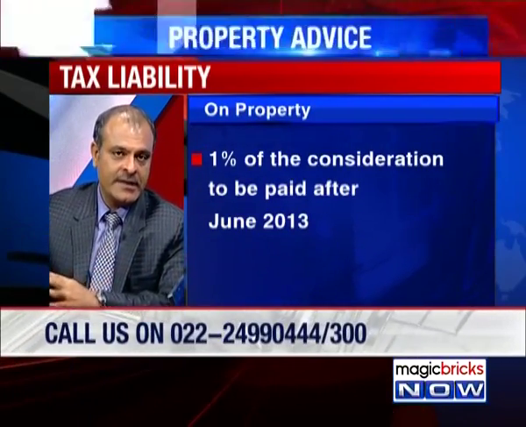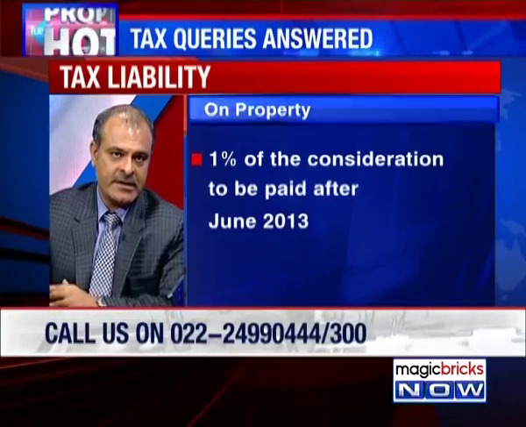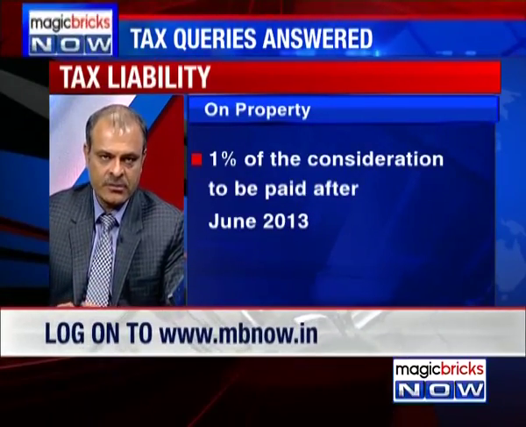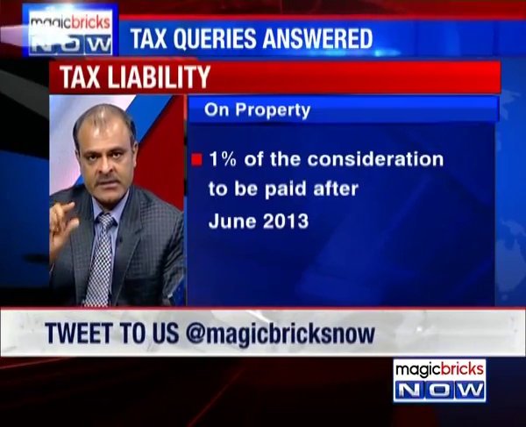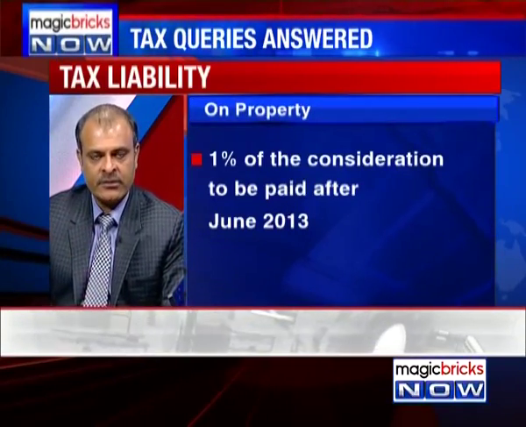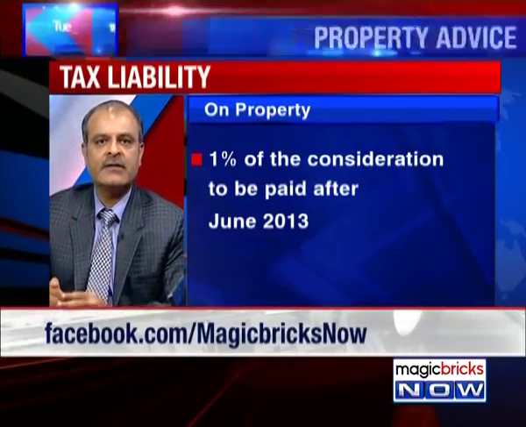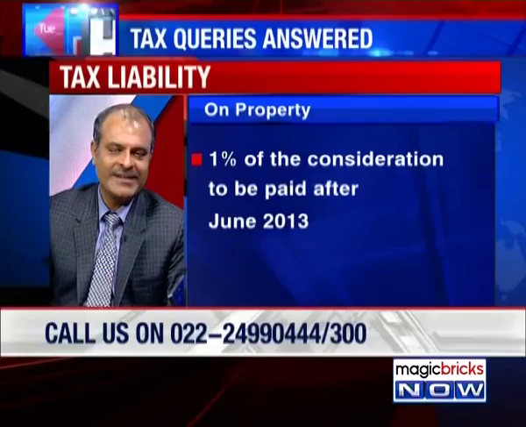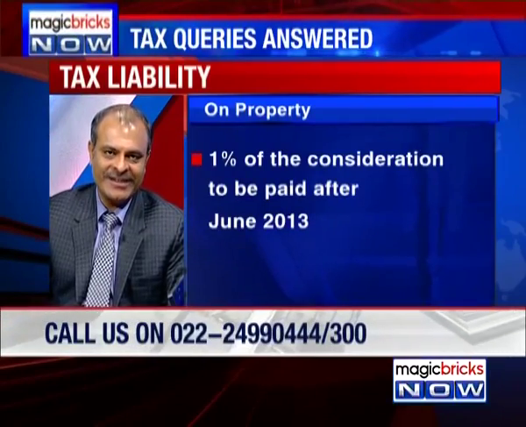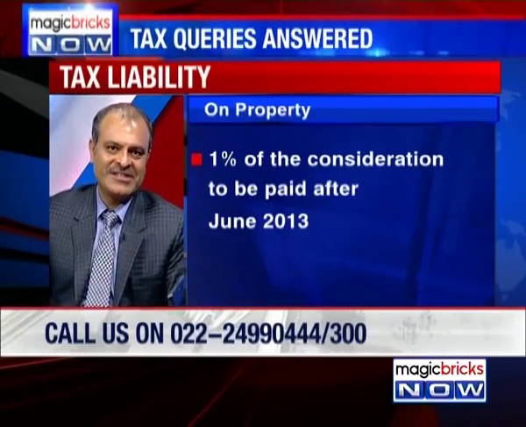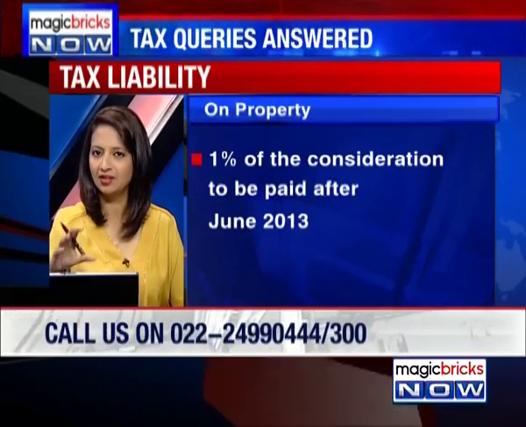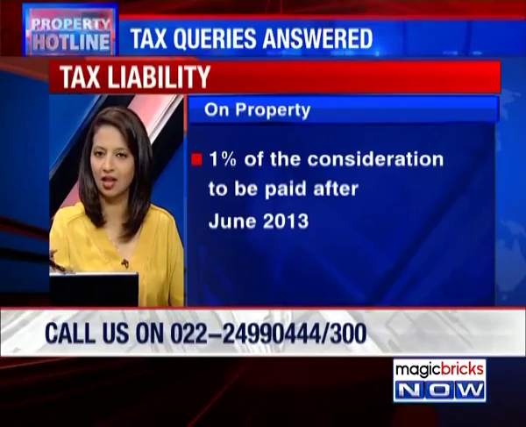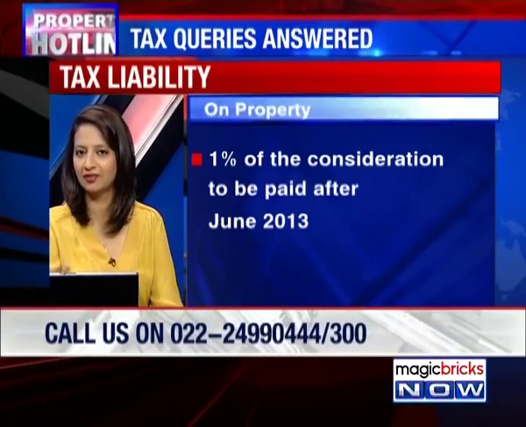But now that he has actually paid out 100, he has nothing more to pay. In that case, 1% will be an extra, and I'm not sure the developer will give any refund of that 1% to him. So the developer does benefit, but if he has some payment still outstanding to the developer, he can deduct 1% from that and deposit. Obviously now it is a delay. He has not deposited earlier. So essentially what you're saying, Samir, is he has to pay TDS on the 5% payment that he made. Whatever payments, yeah, after June 2013. That is in 2014, whatever he paid in 2014.